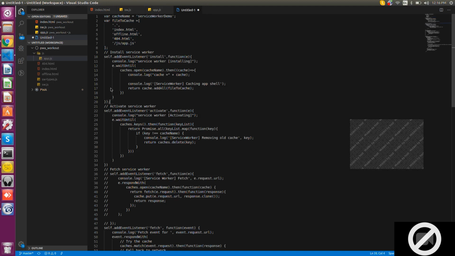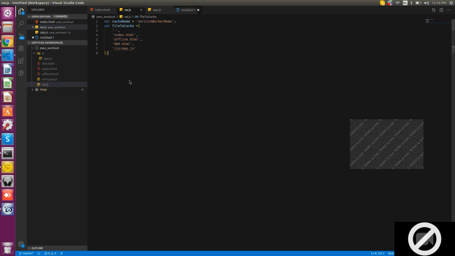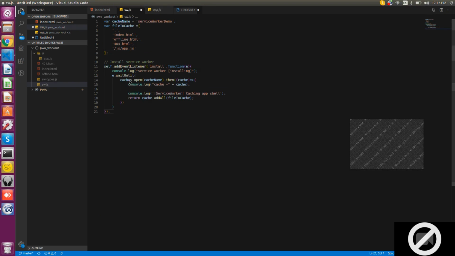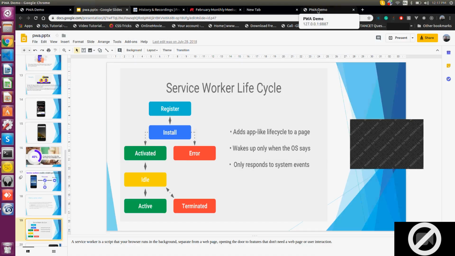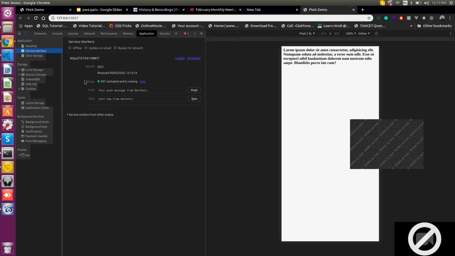First I'm going to install the service worker. I'll show you what happens then. You can see the application. Once I do that, you can see